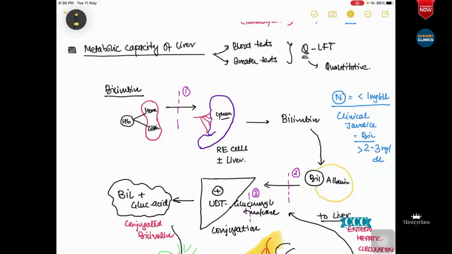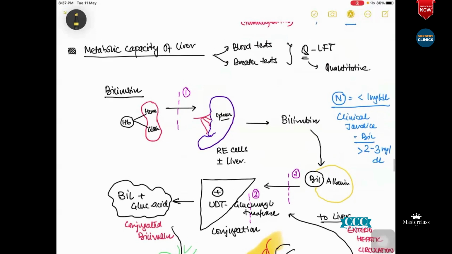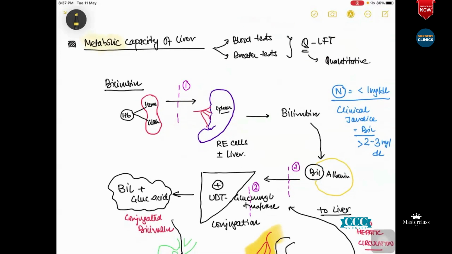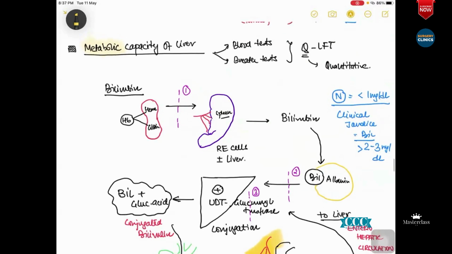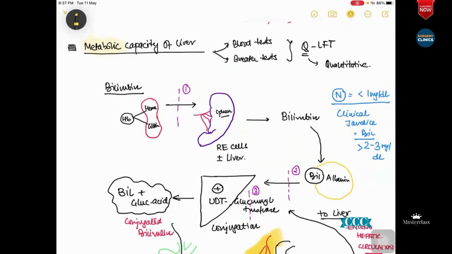Say, it is responsible for bilirubin metabolism, so you can use that. Now there are other tests which test the detoxification function of the liver. That is again metabolism, isn't it? So you have a few dyes, indocyanine green, lidocaine clearance, all of these things. You can use these blood tests, or you can have breath tests, which means you can somehow assess the excretion quality of the liver through breath tests.